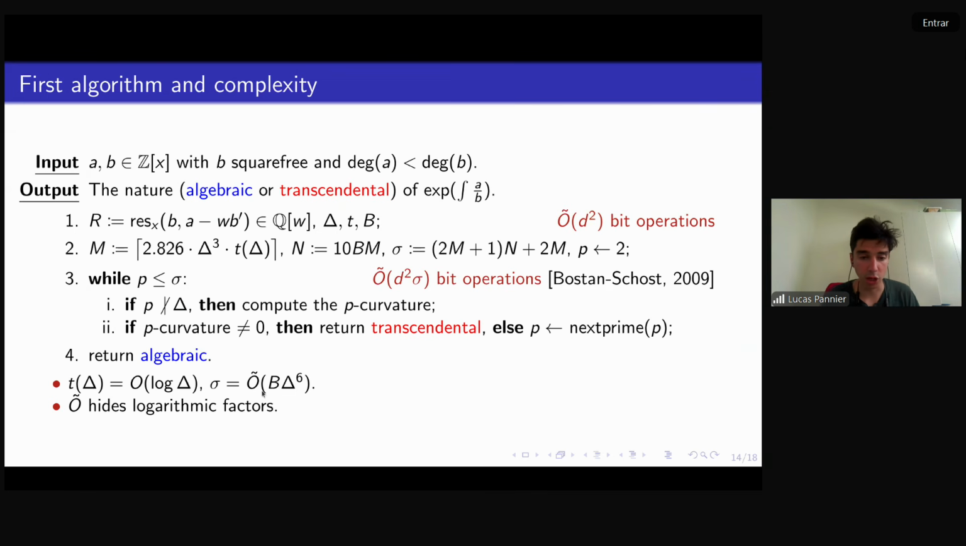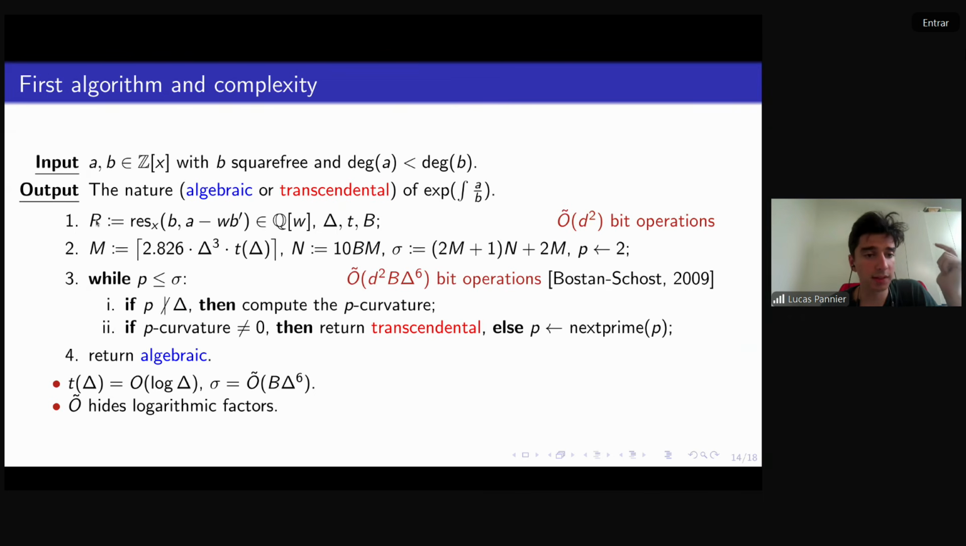Also, we can express sigma in terms of delta and B. This is approximately B times delta to the 6, so we can express our complexity in this way. However,